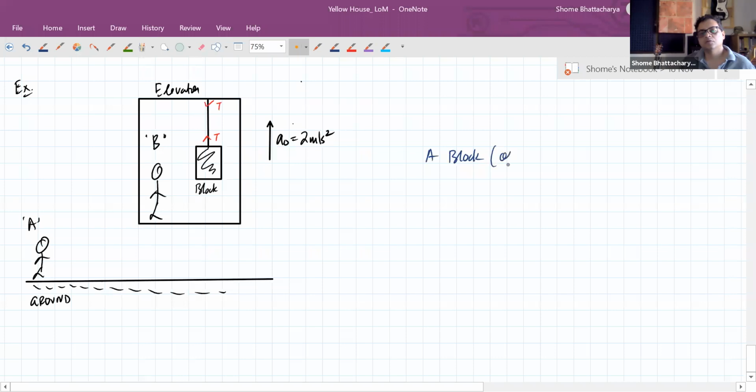So a block of mass m equal to 50 kg is suspended